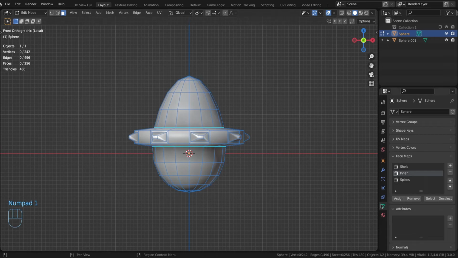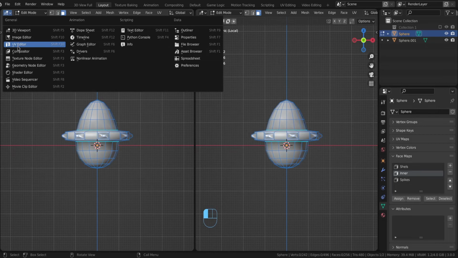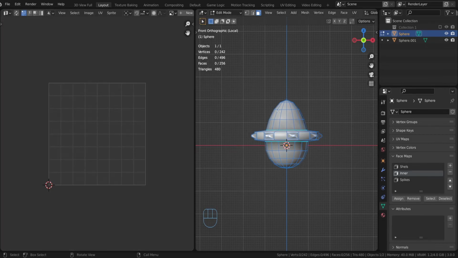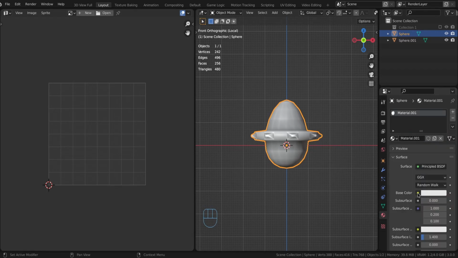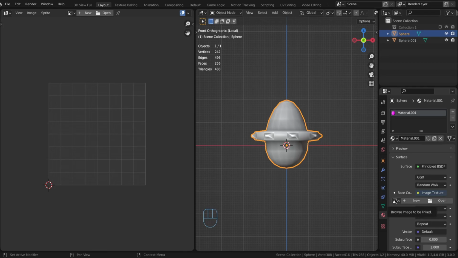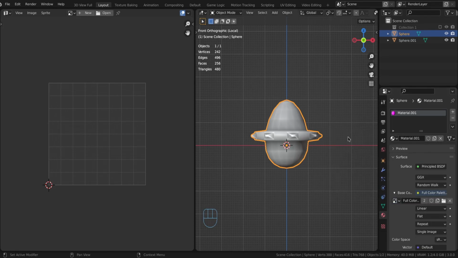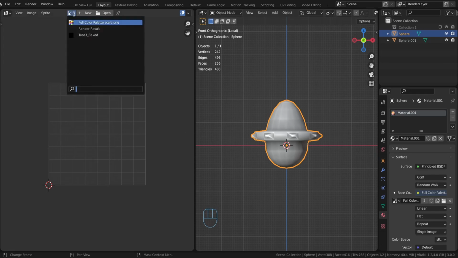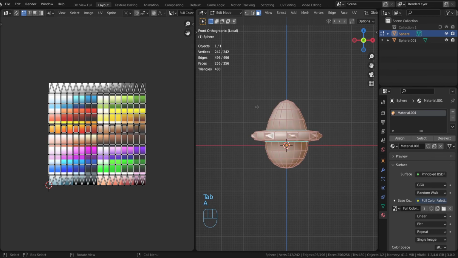Now we're gonna add some material for that. Go to material, new material, go to base color, the yellow dot over here, click on it, image texture, open, and select the file that you're going to find in the description. I already have it here. Select, okay. Select all, A, then